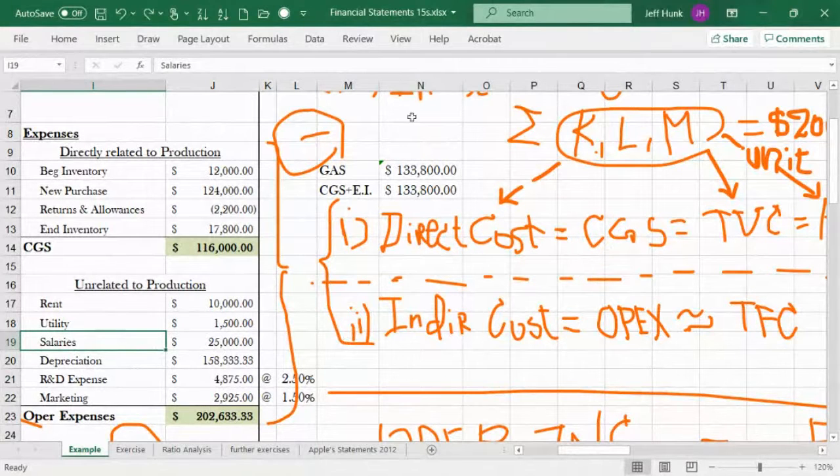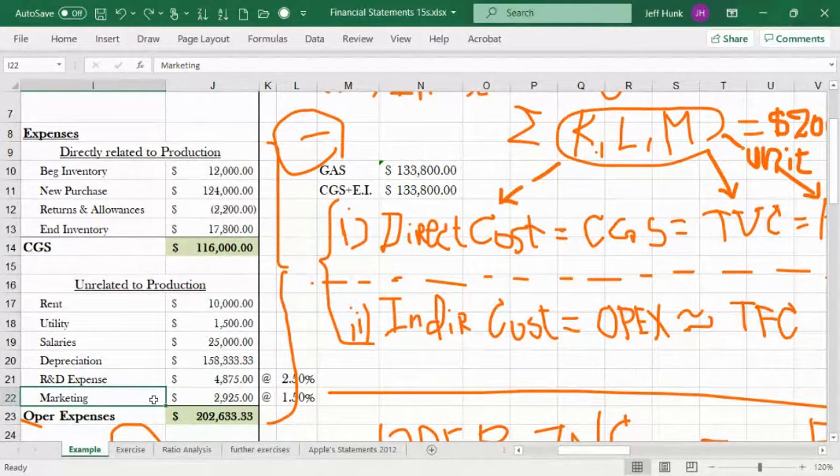But if the production level goes up, these salaries reflect just the base salaries of the clerical administrative staff. Now, our marketing expense and R&D expense are relatively constant because they are not directly related to